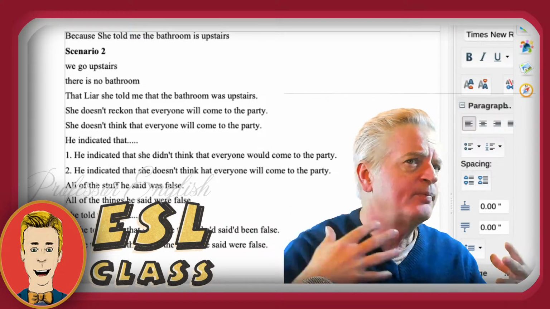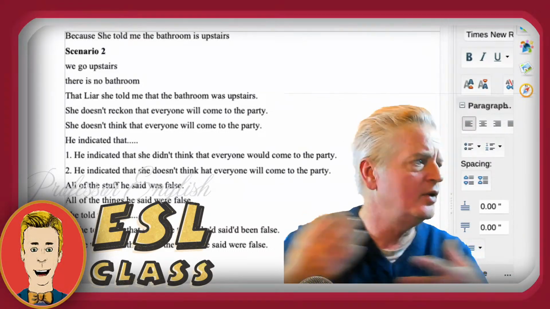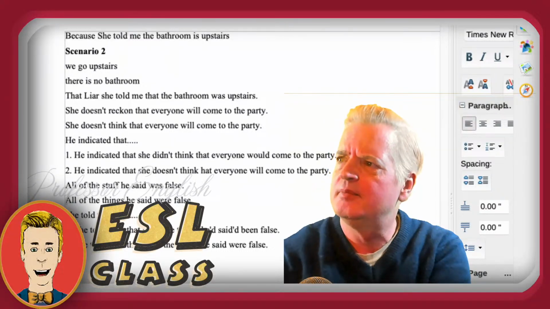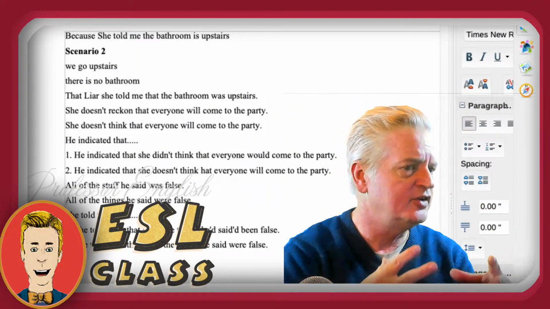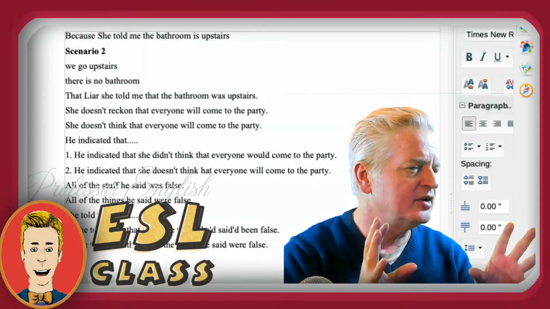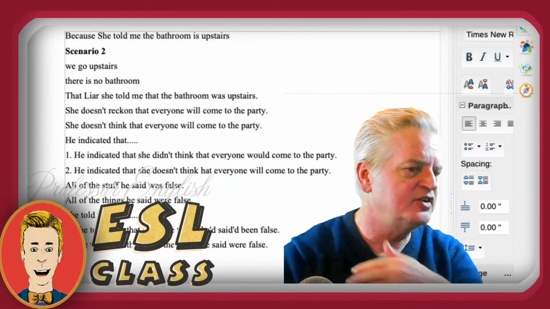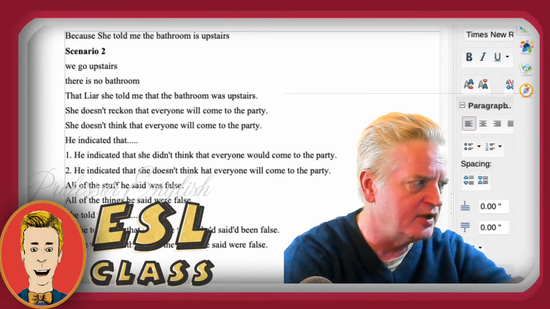But also, we're still in that moment. I just turned around and said, "Where's the bathroom?" "It's upstairs." "Let's go upstairs." "Why?" "Because she told me the bathroom is upstairs." You see? You're connected to it. But now imagine that we go upstairs. We leave the information desk, we walk down the hallway, and then we take the elevator or the stairs and we go up.